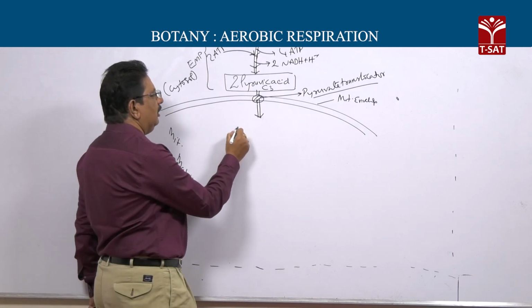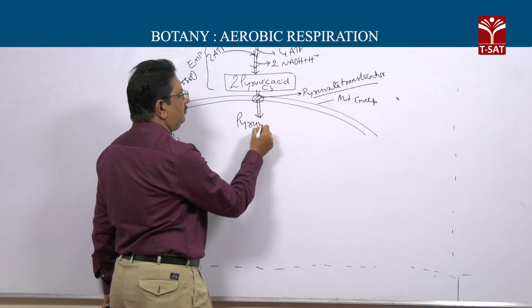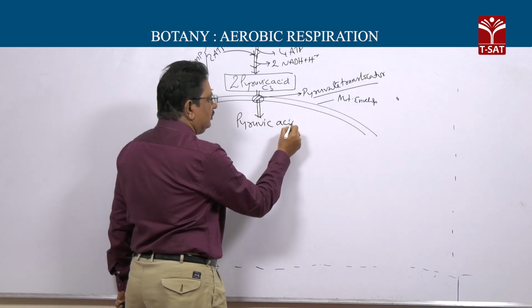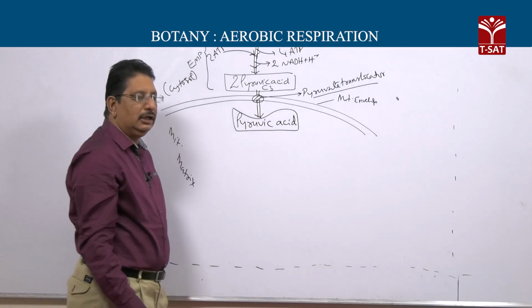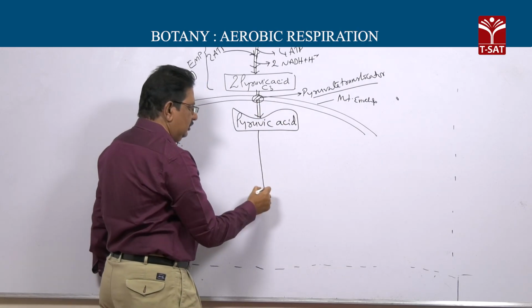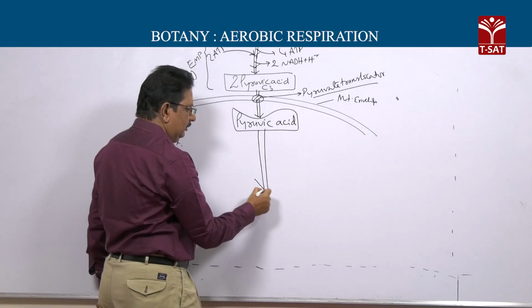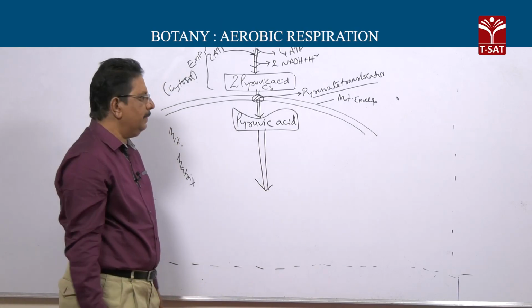Once the pyruvic acid enters the mitochondrial matrix, it undergoes 3 important conversions, in which